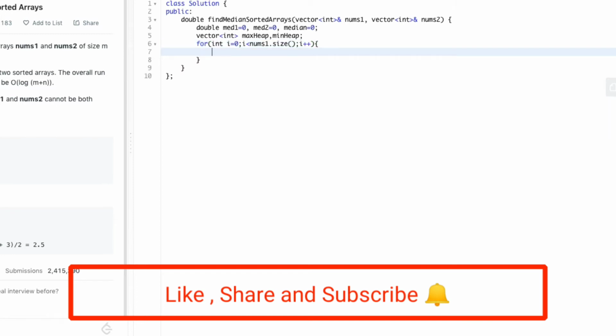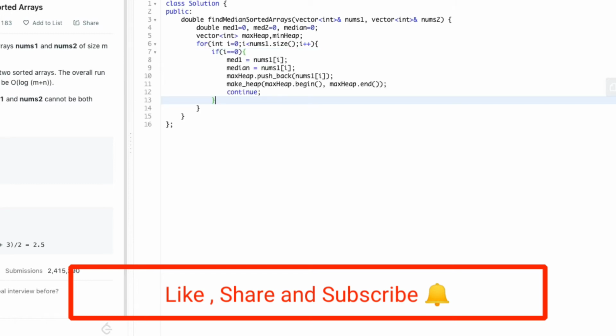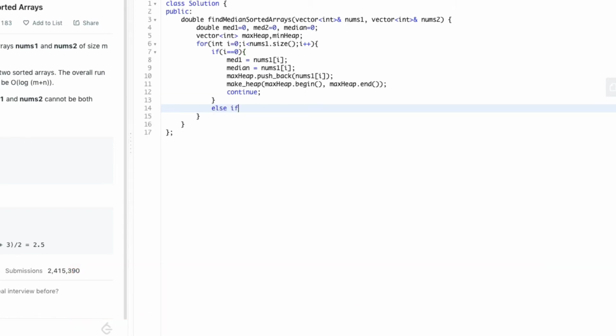And during the traversal, first we check whether I points to 0. If so, we update the values of mid1 and median to nums1 and then push the value nums1 of I to a vector and then call the makeHeap function. Then we check whether I points to 1, that is I points to the second memory location of nums1 array.